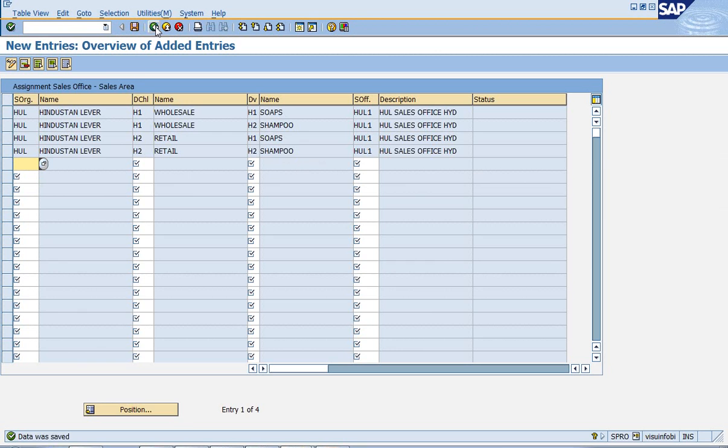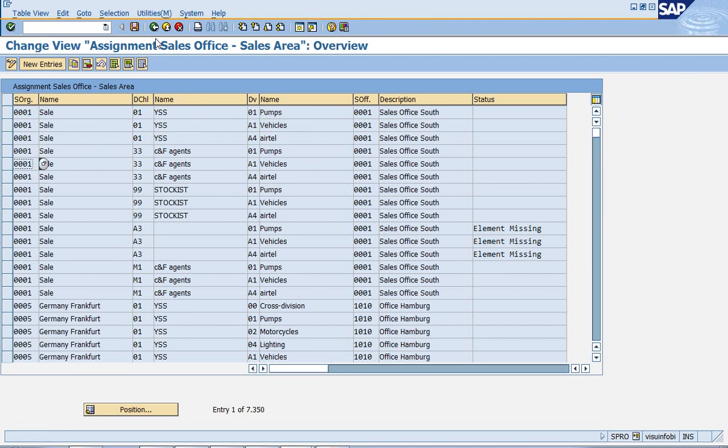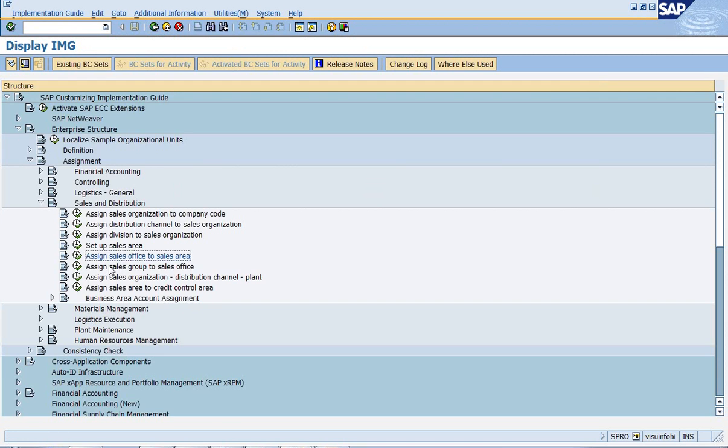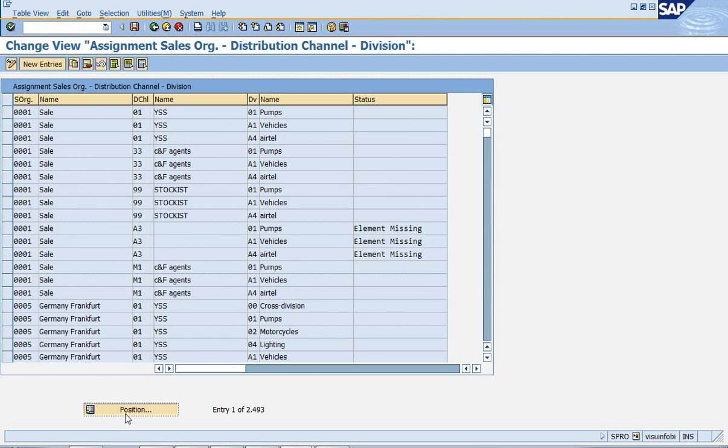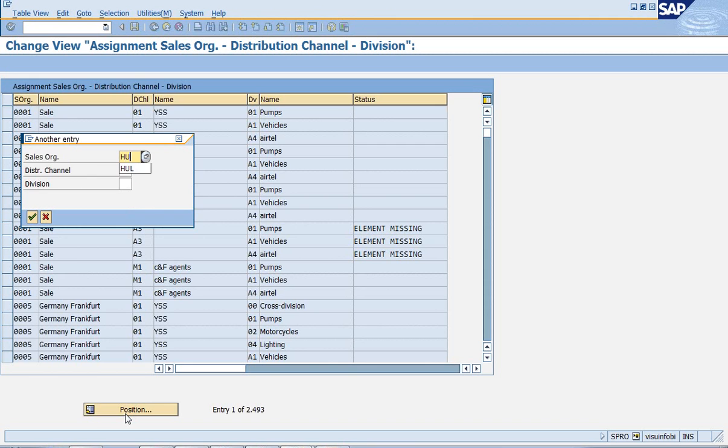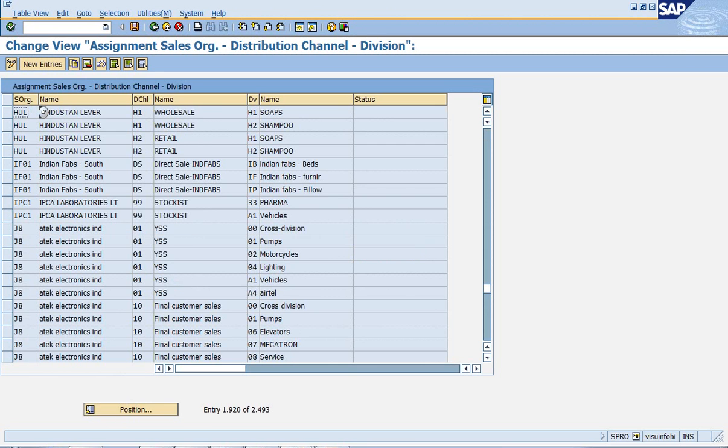In this step, like maintaining your setup sales area, in this combination, get into over here. If a company is saying you should not maintain any data for your retailers, you are not authorized to sell soaps to your retailers, delete that combination. Before maintaining it, you can delete it. If you delete it, all the data for this combination of setup sales area is going to be deleted.